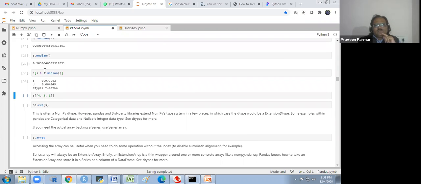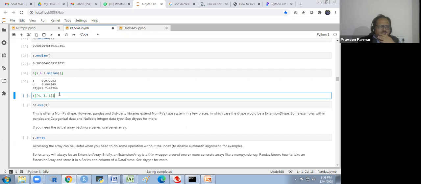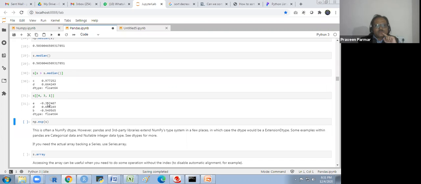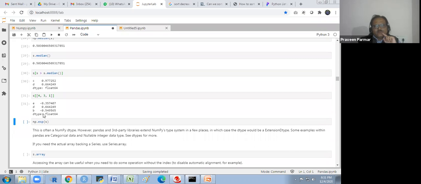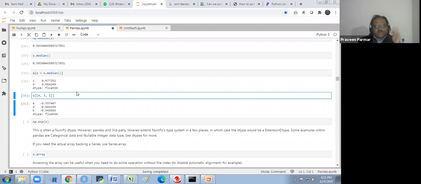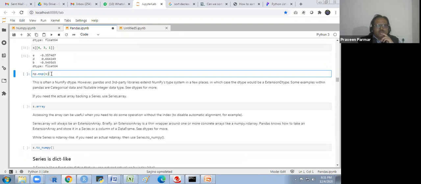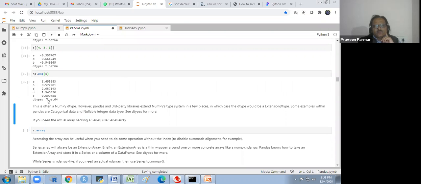Now we see this is the filtering basically. I will explain it to you later on, as per our R, we have covered everything. Here I am writing 4, 3 and 1. If I write here, you see what happens. So it is rearranging it in a different order. I could arrange in this way. I could save it with another name. And I am also using one function, the exponential, with the s. So I will get the exponential value of all of this. The exponential function, the log function I could use.